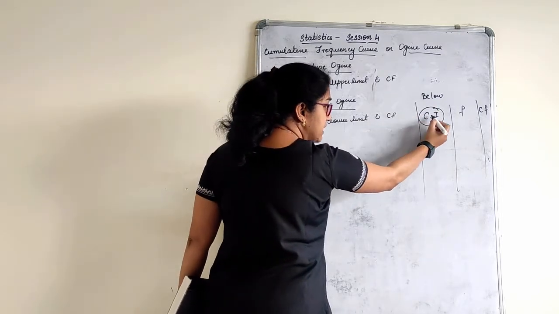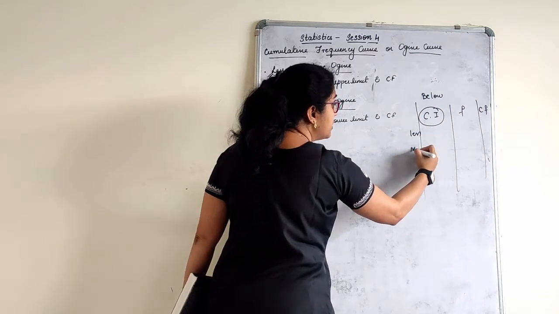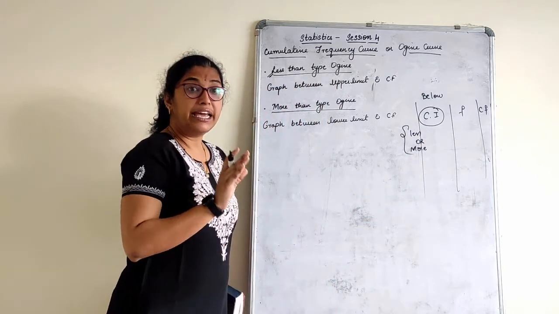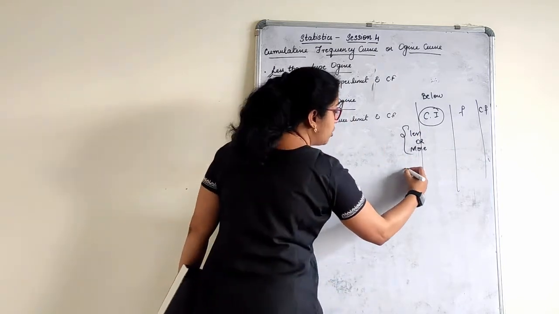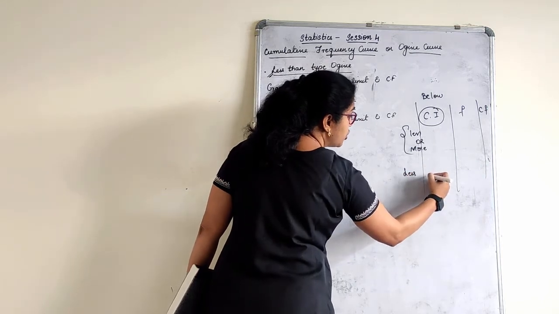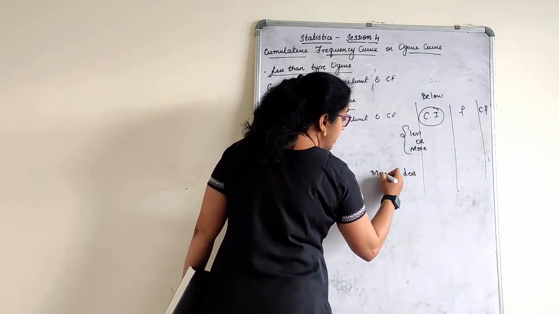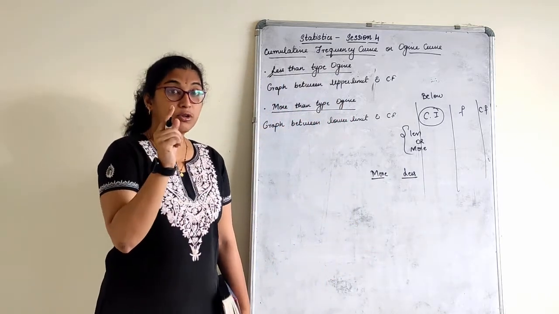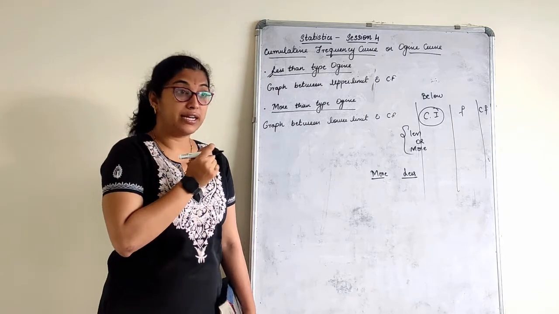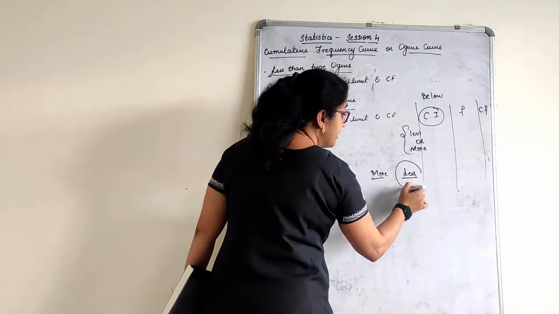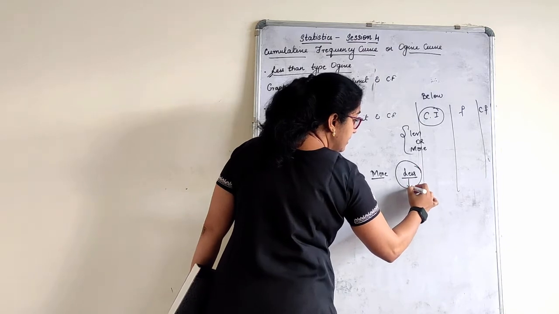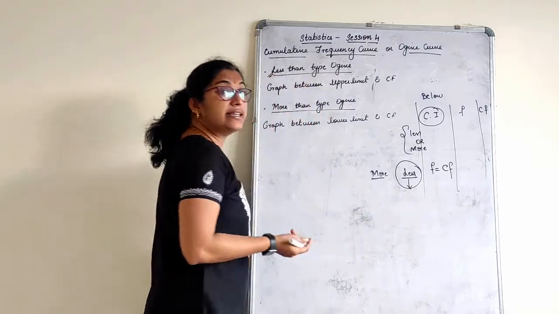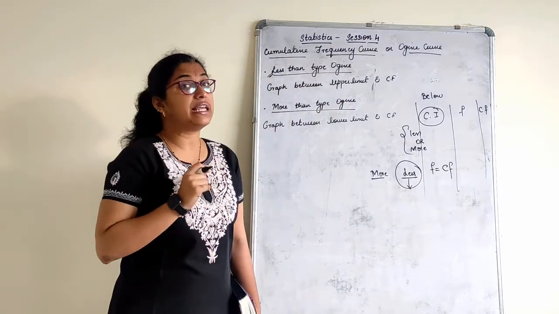Point number two. In case the class interval is given, according to the question, we either convert to less than type or more than type. If not, the question itself is of less than type or of more than type. Depending on less than and more than, we have the frequencies. One more thing you have to note, what I told you in yesterday's class: if the given class interval is less than type, then the given frequency is nothing but the cumulative frequency itself. That you should note very clearly.